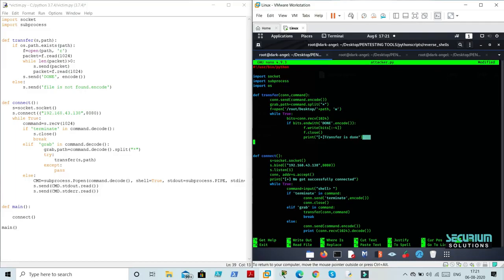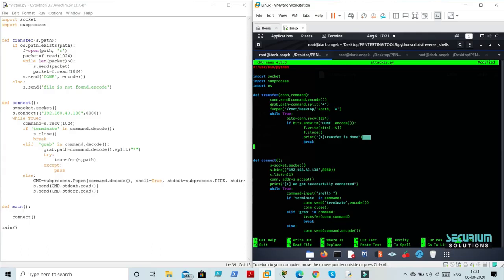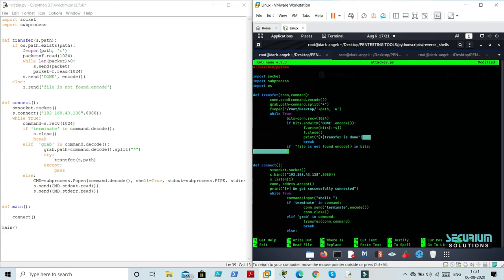Okay, then I need to break the loop. Okay, so then I need to add one more loop. If it receives file is not found dot encode, if it receives in bits, because it is sending the file is not found condition, right? In case if it receives that reply, then what should it reply? It should reply print